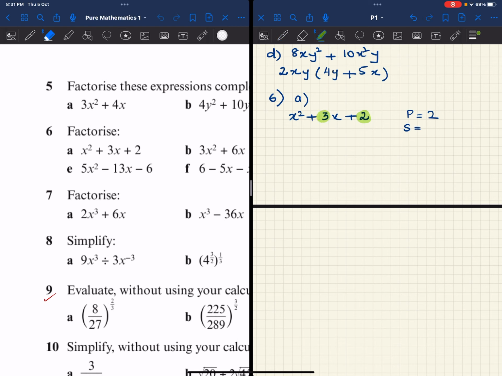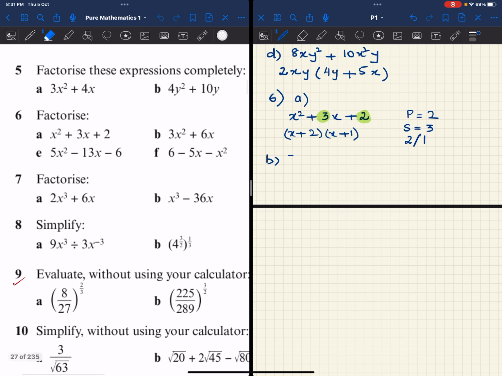So we need to find two numbers that multiply to give 2 and add up to give 3. The numbers are 2 and 1. So the answer is x plus 2 into x plus 1, and those are our factors. Question B,